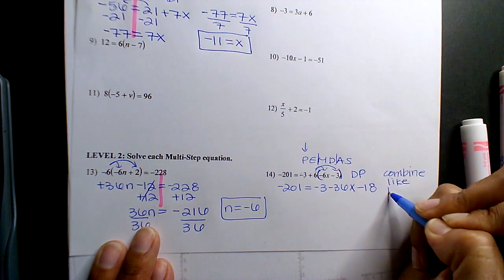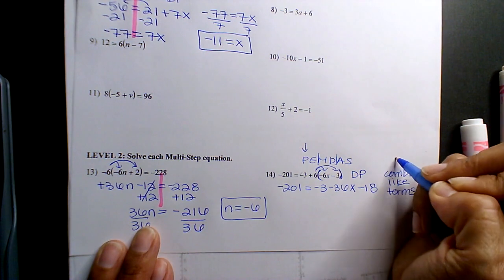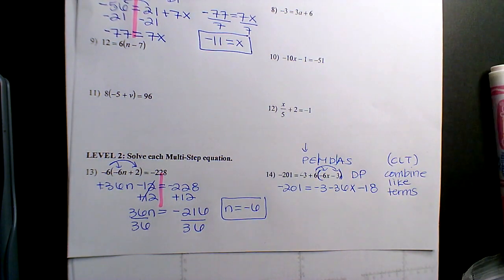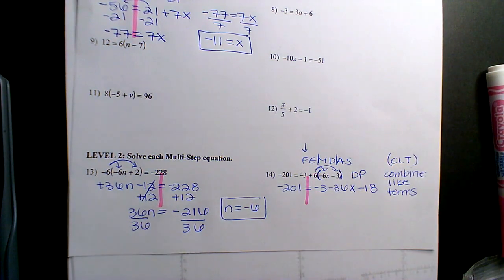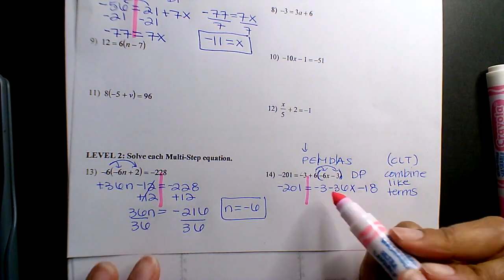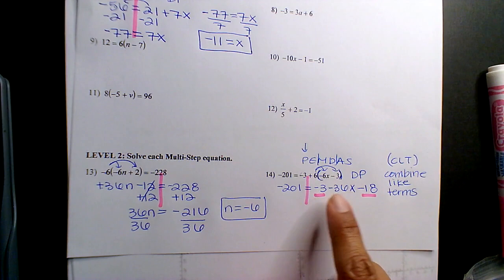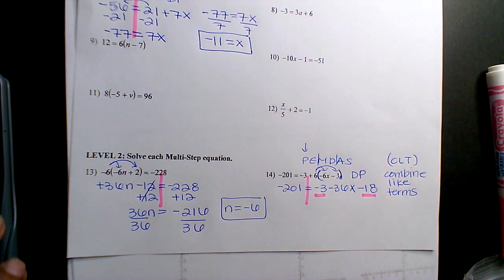like terms, or CLT. So here's what it is. Here's my equal sign. Know where it is. You have two constants, negative 3 and negative 18. They're on the same side of the equal sign. They're both on the right side. So if they're on the same side of the equal sign, you honor their symbols. If they're positive or negative, you honor. No switching. So if I have a negative 3 and I have a negative 18, you add and keep the